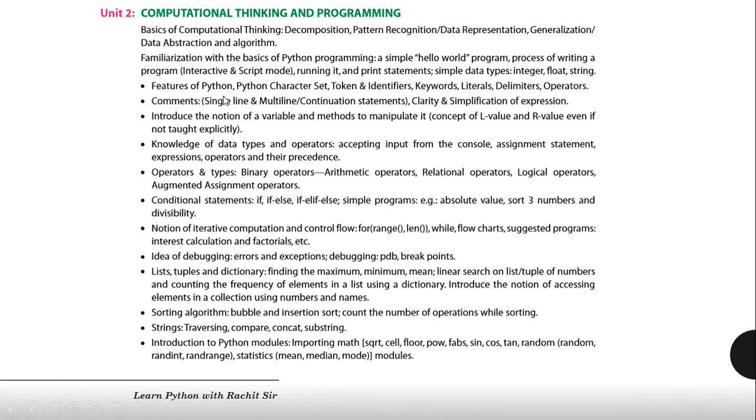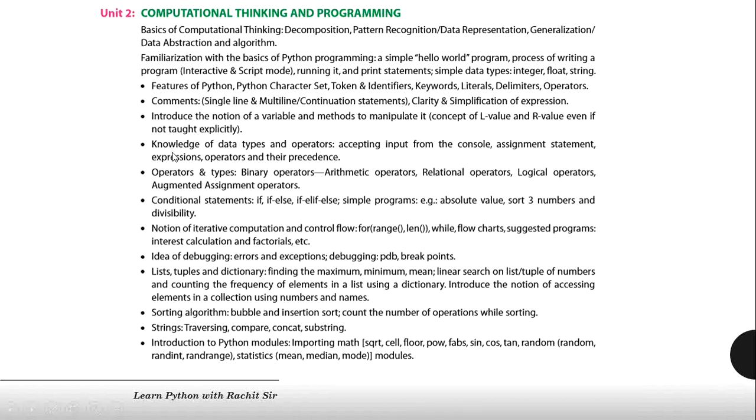Next, features of Python, in which Python character set, tokens and identifiers, keywords, literals, delimiters, operators. Next is comments. There are 2 types of comments, single line and multi-line. Next, simplification of expressions. Next is introduction, the notation of variables and methods to manipulate it.